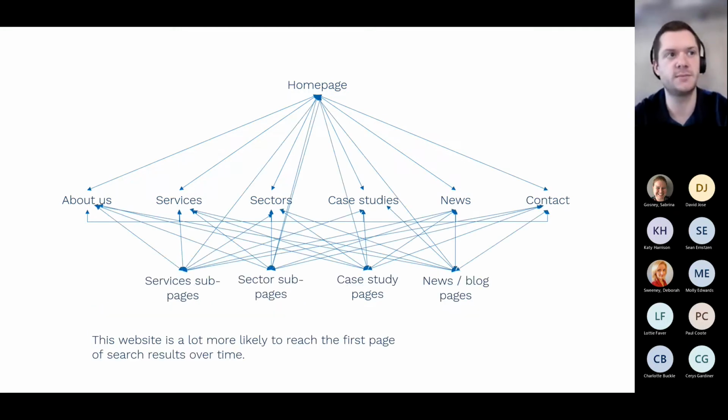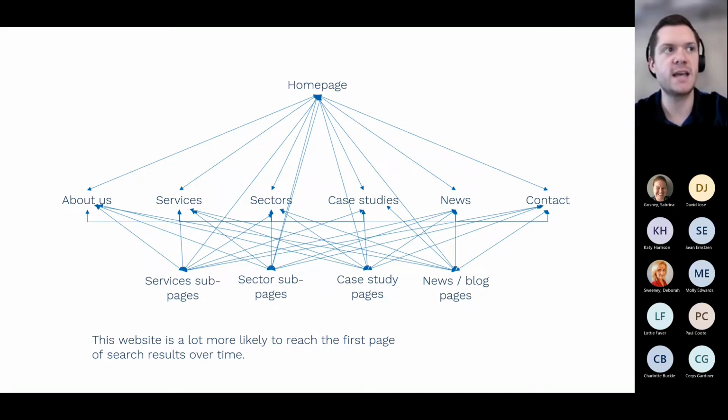Think about this example. You've got those 7 pages, but then you've got lots and lots of sub pages, lots more opportunities to create engaging content, to optimize pages, to add in alt tags and internal links. It just gives us a lot more room to move. So if you look at all the different arrows, a bot comes onto your homepage and you've got 70 other pages that you can link to from that page, it's then 70 pages that then have 70 links that then have 70 links. And because the bot will crawl them all over a period of time, it will constantly keep coming back to see if they've been updated so that it can update your search ranking position.